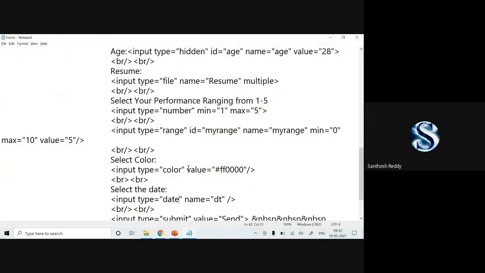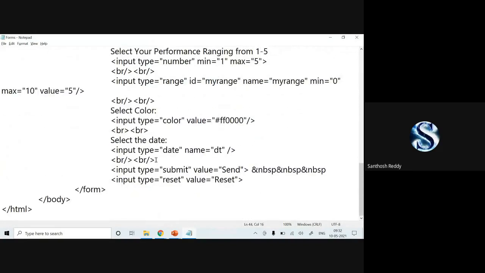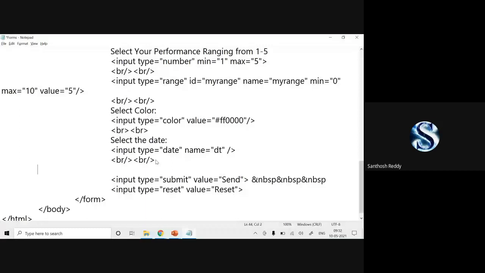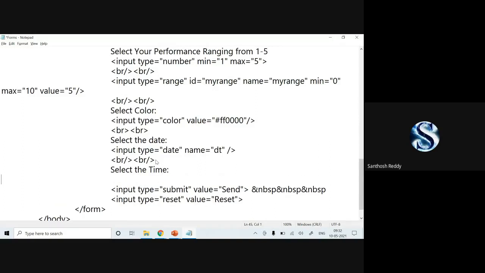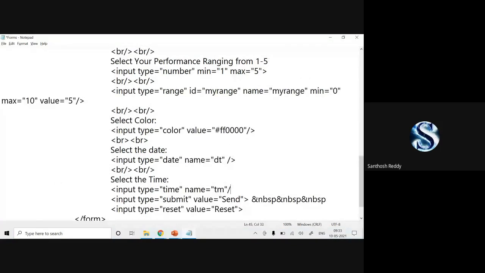Now, if I want to specify the time, the same way, similar to selecting dates, I'll specify the label select the time, colon, input, input type is equal to time, name is equal to some normal value, anything you can specify, and I'll close it.